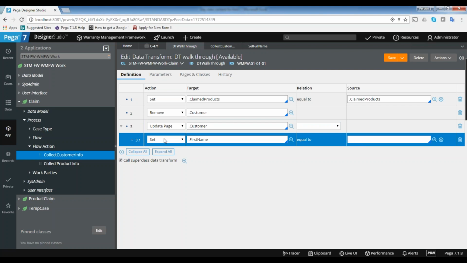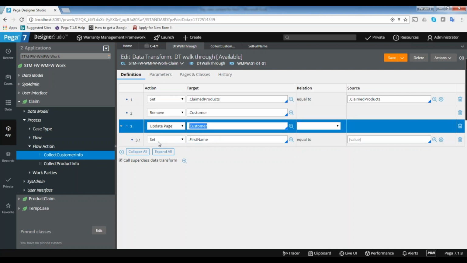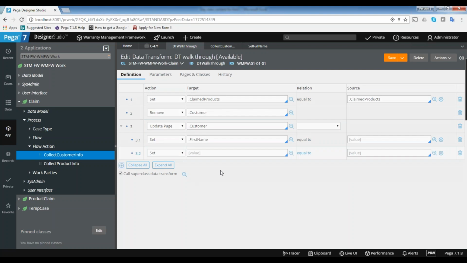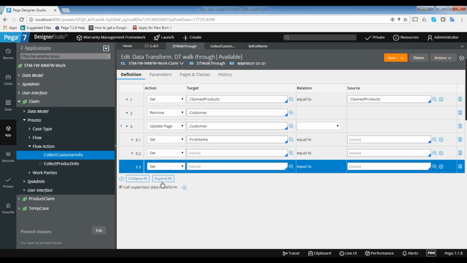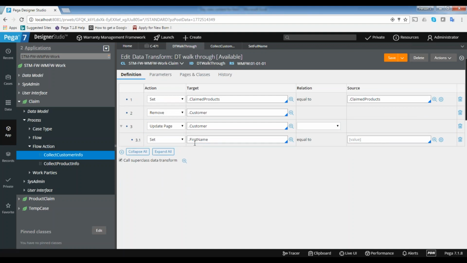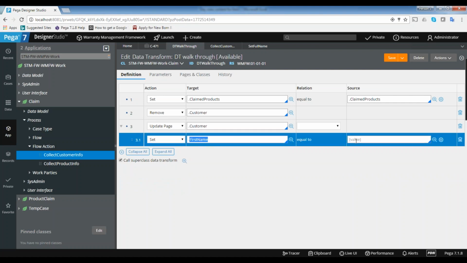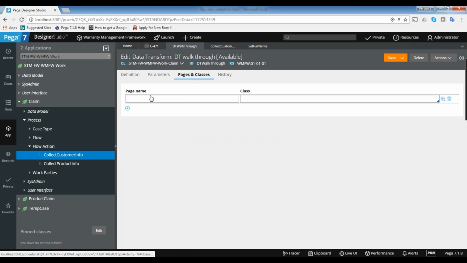Again, you can see you can use the same action, set. When you click update page, you're just updating the page. Internally you can see we are using the set action. You can add any number of set actions within the three. So as part of three, you are executing all these actions. I want to update the page using the set action. Again, set is fine, but update page will be useful to update the page level properties. You can update the page level using some constants, or if the source is available and you want to copy the data from some source to destination, the source may be of a different class. Here, the system won't bother about different classes or the same class.